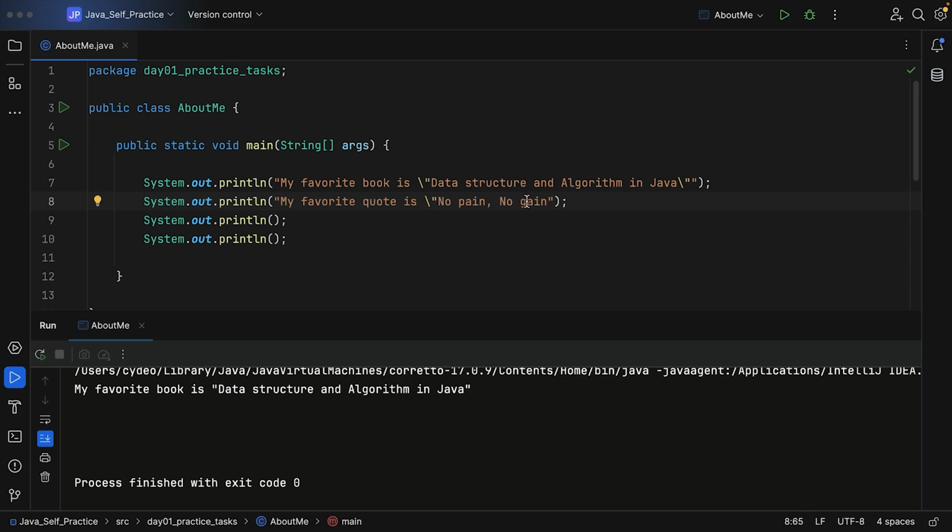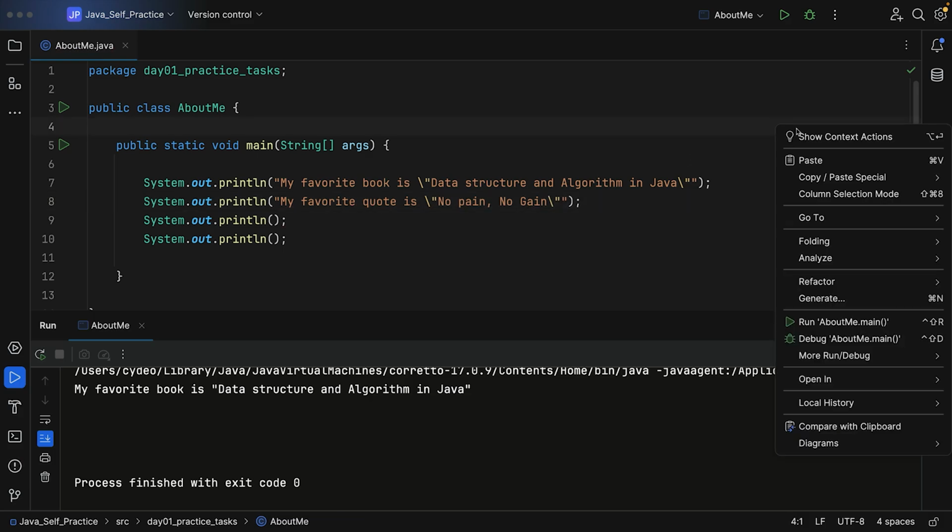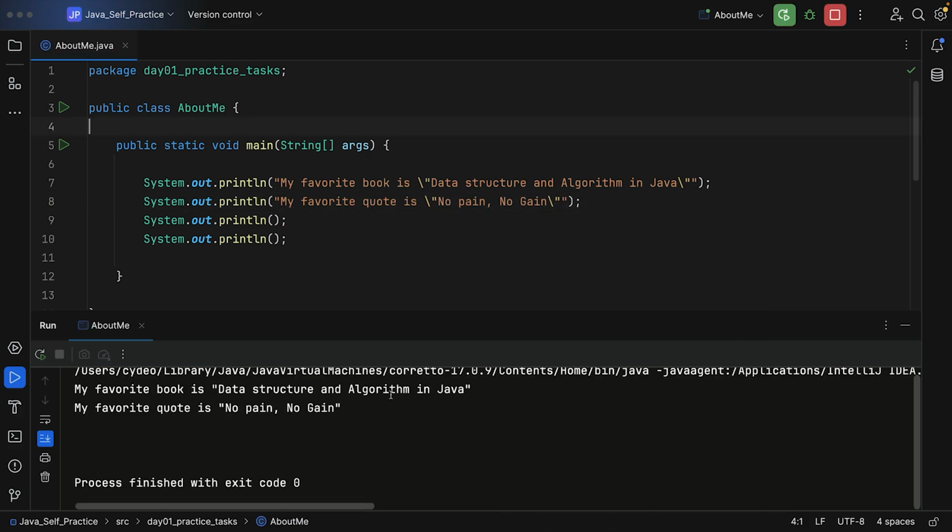And make sure pay attention to the uppercase and lowercase letters. And at the end of the quote, of course, I also have to give the closing double quote. And if I run it now, you see it also displayed my favorite quote. And next is the TV show. So I also need to display same message, my favorite